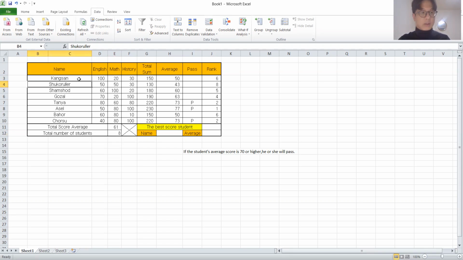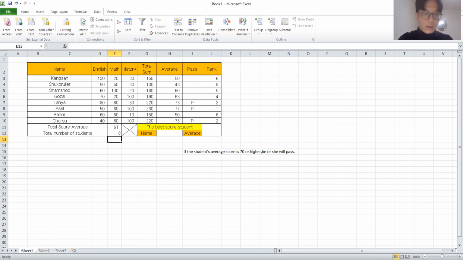I selected the data like this, but those are not numbers. Those are words. So when we use the function count, you need to select only numbers. If you want to count words, we need to use